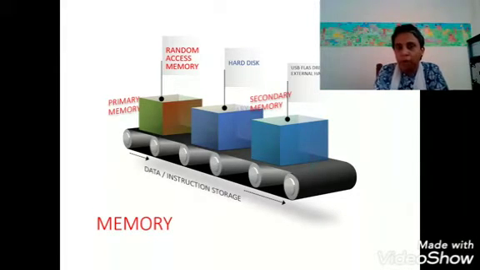Now I will show you how the RAM looks. So this is the RAM. It looks like a scale. It stores the data and the instructions. When the user sends instructions and data to the computer, they are primarily stored in this. This is called random access memory, or RAM. Now there is one more, which also looks like this. That's called read-only memory, or ROM. So this is the primary memory. Now which is the secondary memory? Secondary memory is the hard disk.